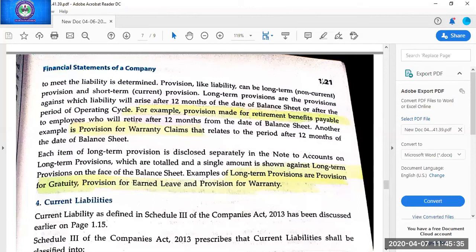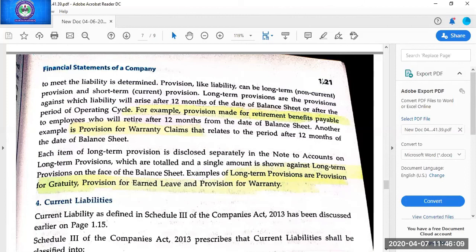Now I'll be telling you the concept of earned leave. In some companies, some paid leaves are given to the employees, and if they are not taking those leaves, then their leaves will be accumulated, and at the time of their retirement or in between, they can encash their leaves. It means they can get cash instead of taking their leaves. So this concept is known as encashment of earned leave. Their leave will be adding up.